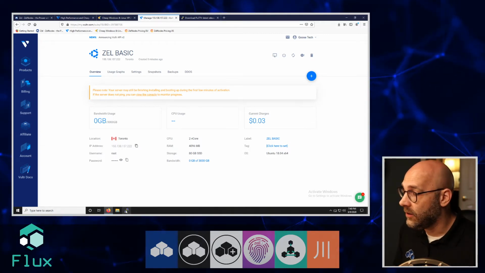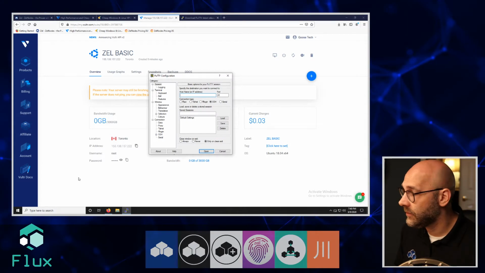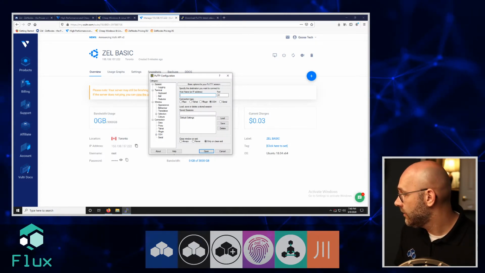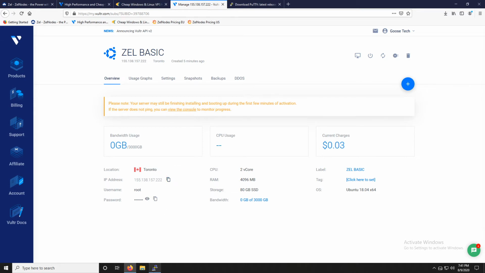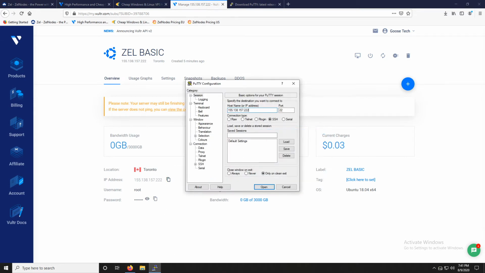All right, so I already have mine down here on the taskbar. Let me go ahead and make this full screen. And now what we have are a couple of inputs. The first one is our host name or IP address. So what we're going to do is take this IP address right here, copy that, and then right-click, paste that